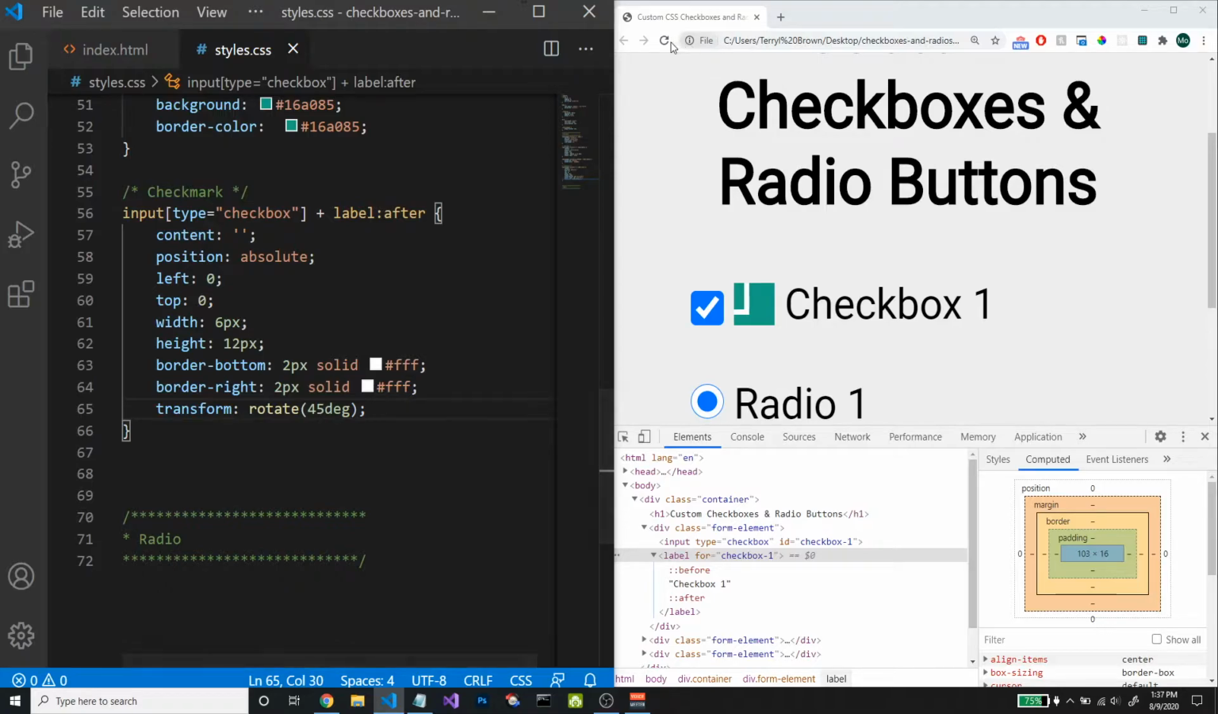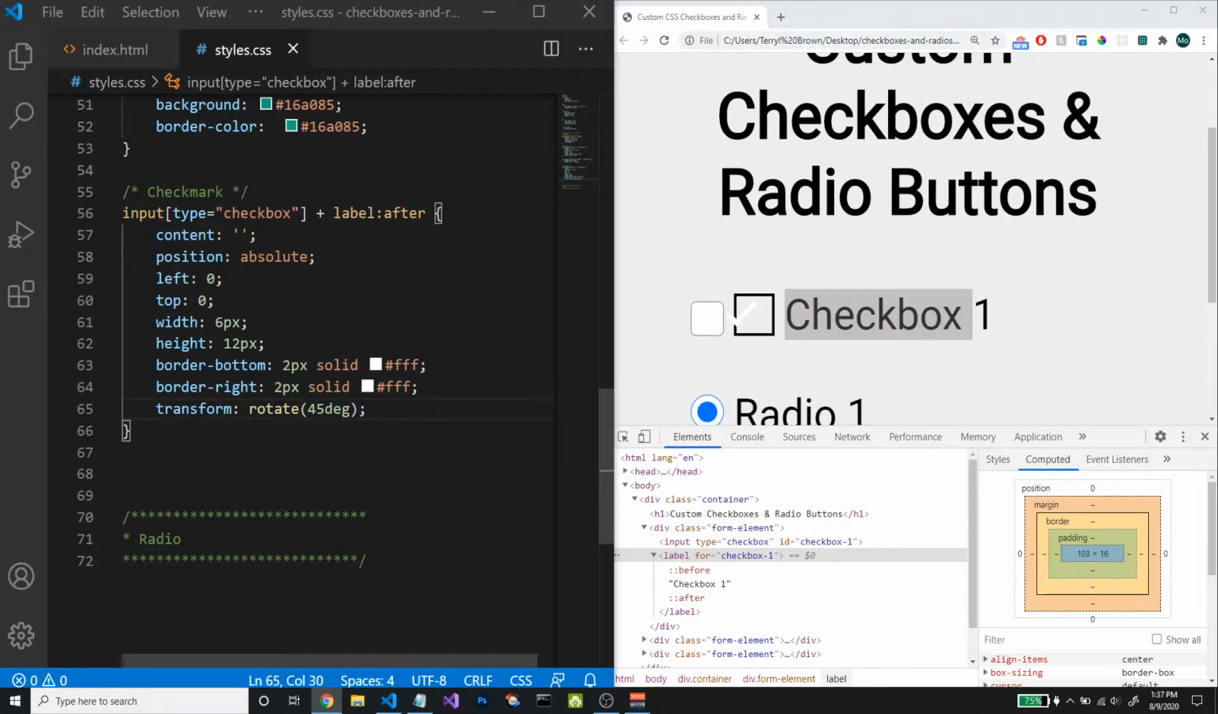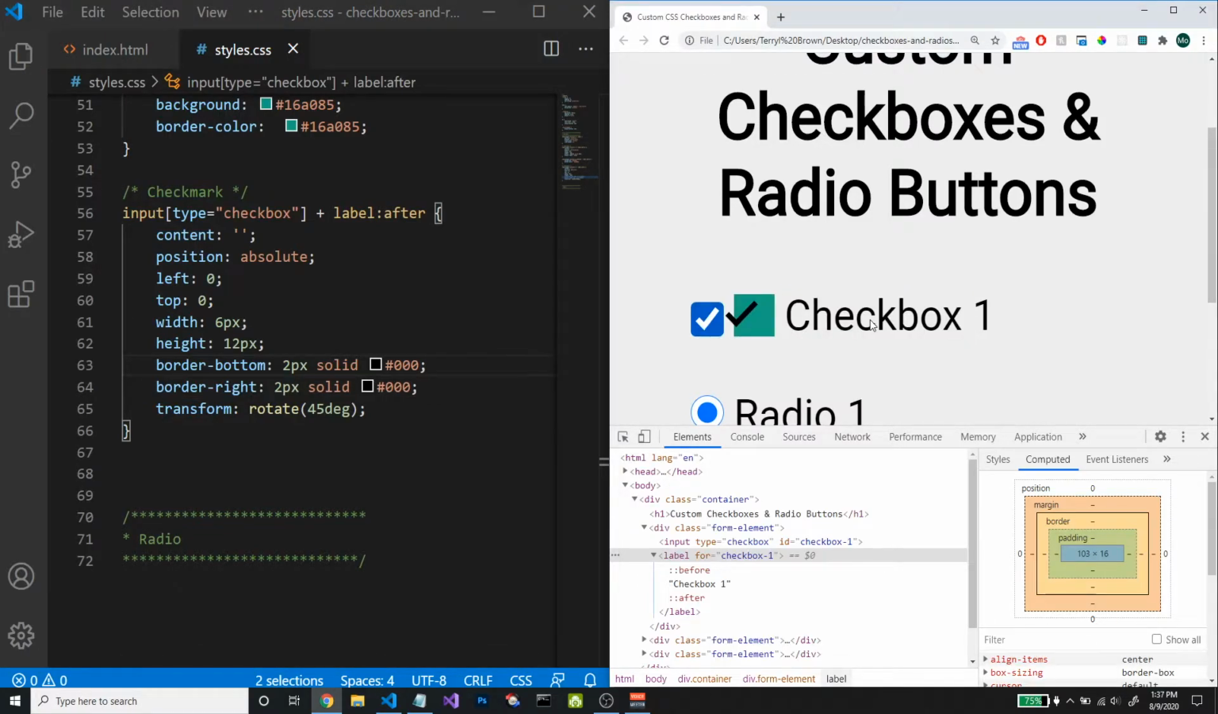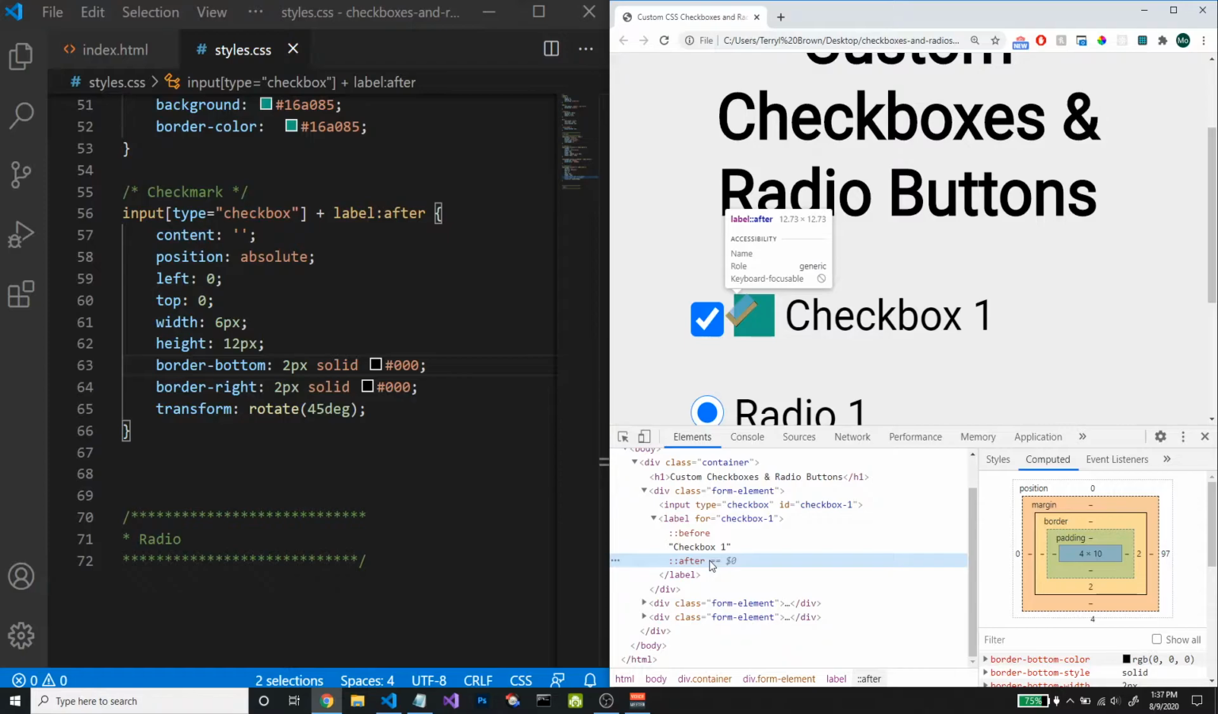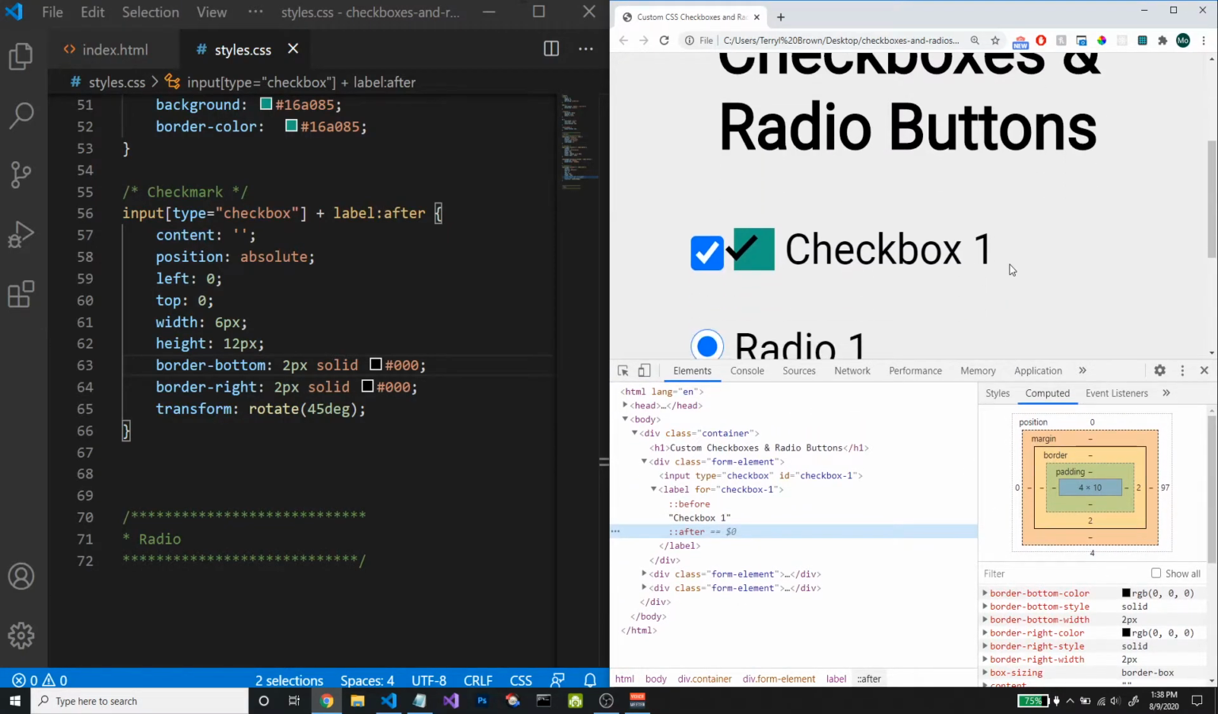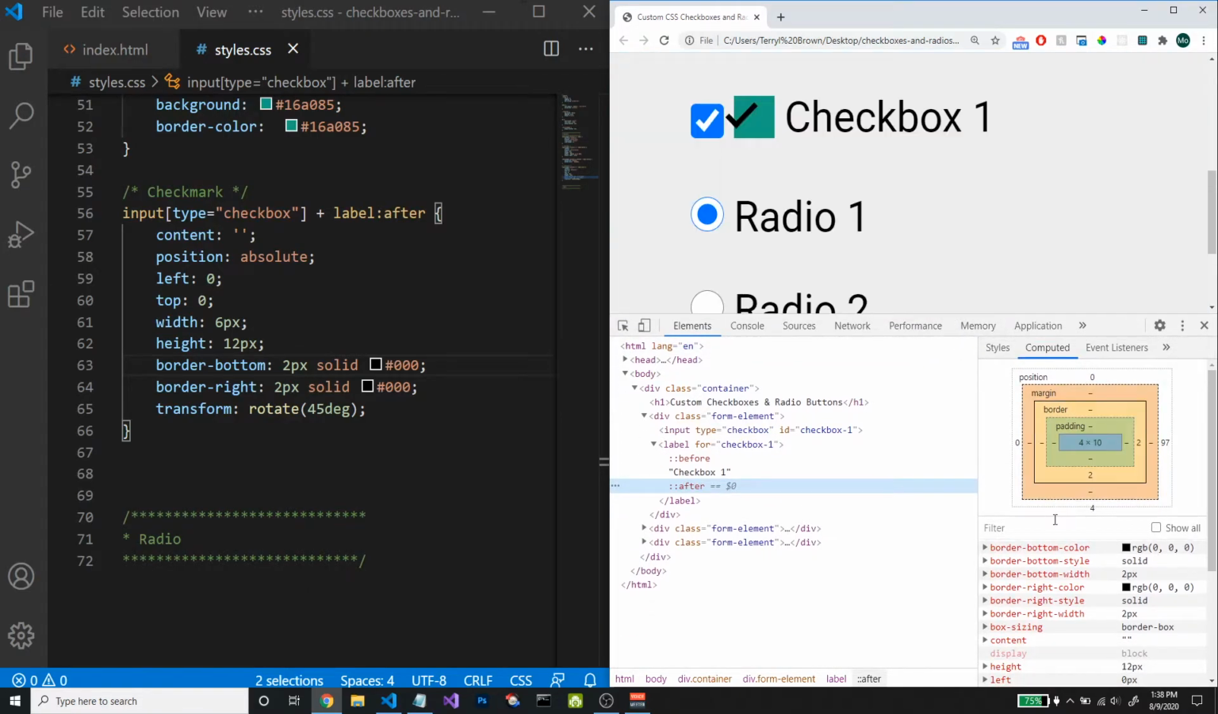Now if we refresh, we should see a nice checkbox here. And instead of white, let's just change this to black to be able to see it in more contrast here. So we have this nice check mark. Now we just need to position it. So let's do that inside the browser first and get an idea of how we want to position this. So let's go ahead and pull this up a little bit so we can see what we're doing,